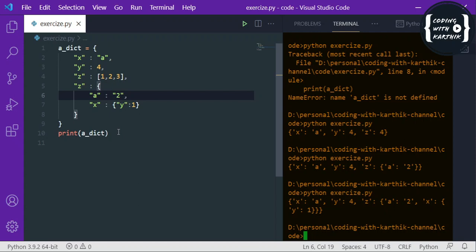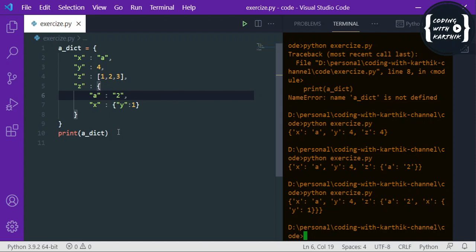And if you want to remove, you can use the pop() method, or you can use the del keyword, or you can use popitem() to remove the last item. And to iterate the items, you can use a for loop. If you want to iterate both keys and values at the same time, you can use the items() method. If you want to iterate only keys, you can use the keys() method. And if you want to iterate only values, you can use the values() method, okay. This is how we can iterate.